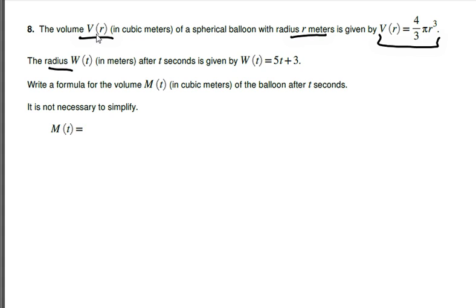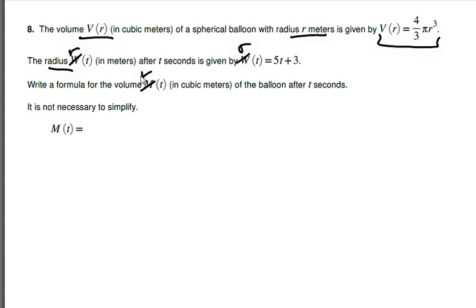This one says the volume v of r, so volume is a function of r, of a spherical balloon with radius r meters is given by v of r equals 4/3 pi r cubed. The radius w of t, okay, let's just call it r, after t seconds is given by r of t is equal to 5t plus 3. That makes the most sense. Write a formula for the volume